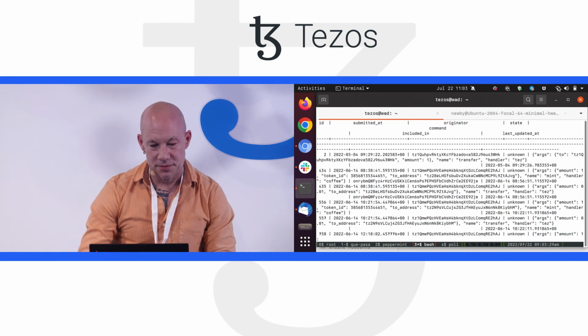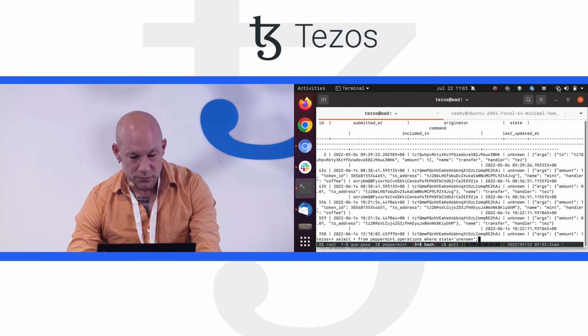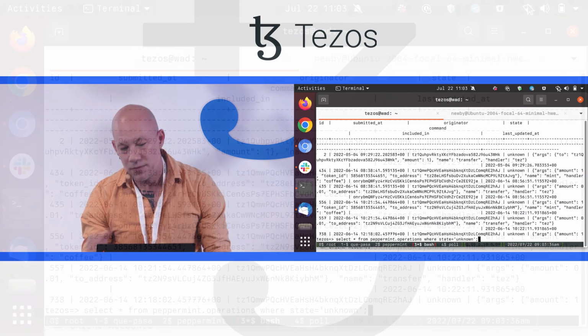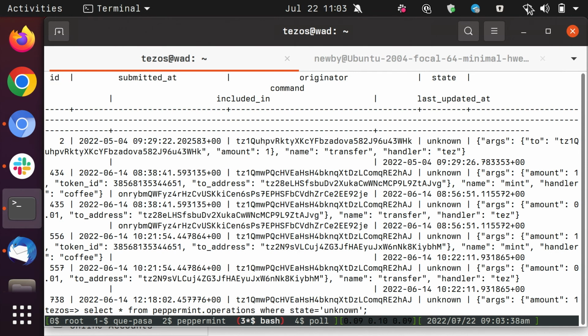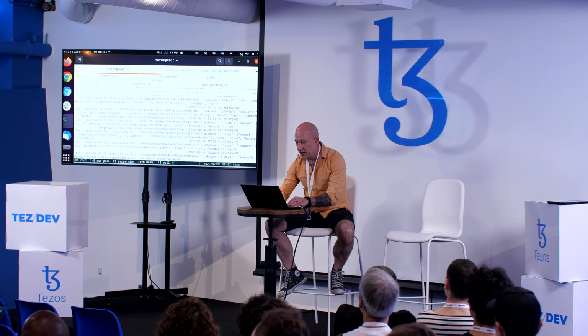We can see all the things which failed. We can then say, so sometimes we don't get a decent response back from the node about whether our transaction was included in the blockchain, and we can see that these ones are unknown, but we can say select star and